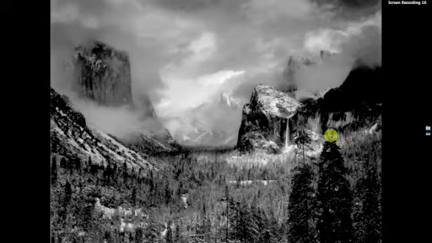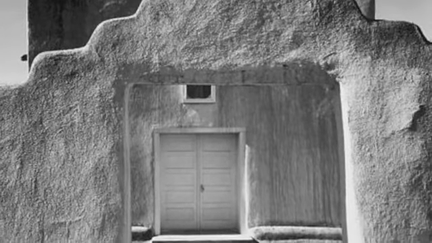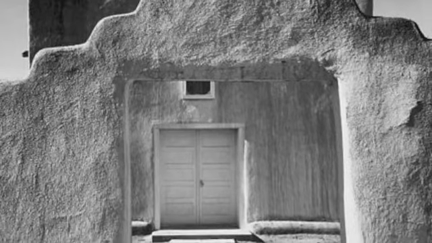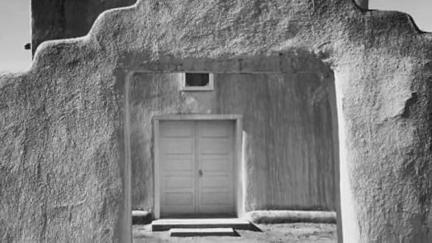Along with depth, there is point of view. We know that the trees are not as tall as they seem in this photo. Point of view is very apparent in Church Taos Pueblo. In this photo, Ansel Adams uses depth of field along with point of view to make this ordinary looking church